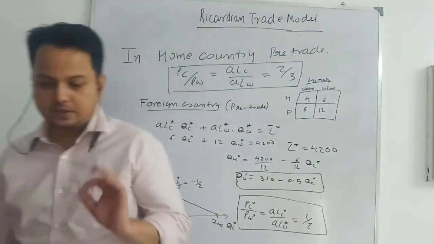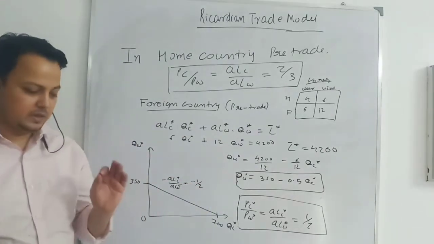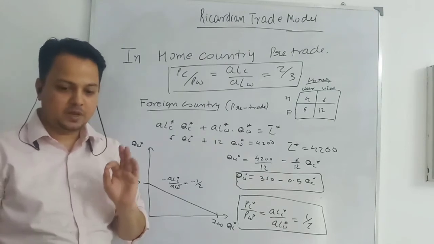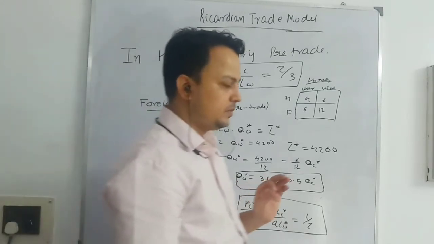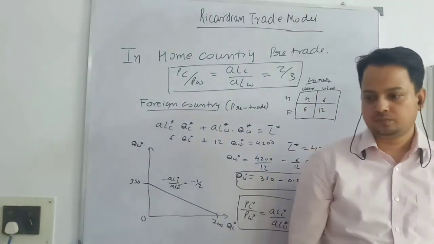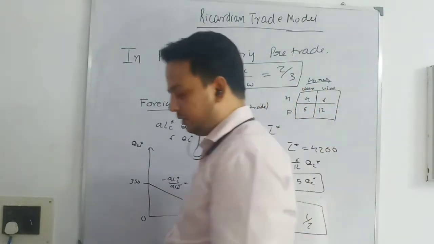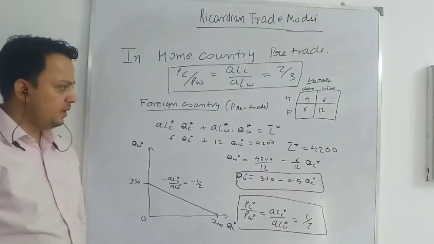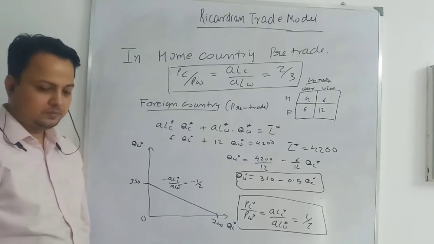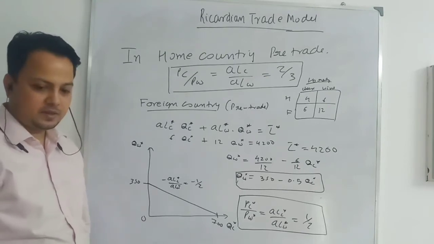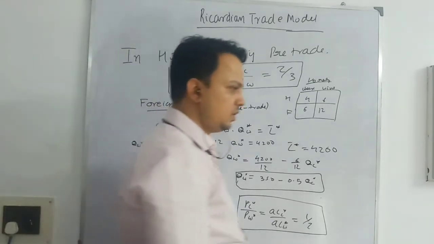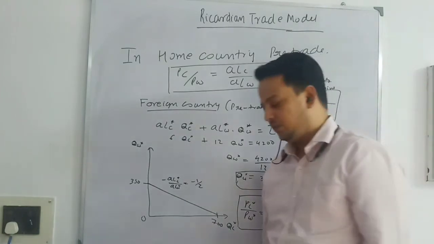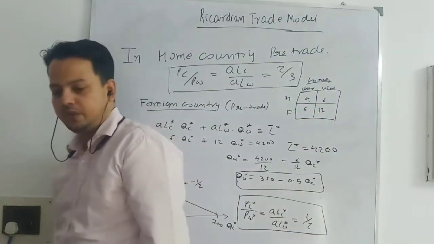Write down one statement. It will be useful; they can ask it in the examination. Give the heading trade. International trade can be mutually beneficial for home and foreign country, if international trade enables a country to consume outside the PPF, to consume outside the production possibility frontier.